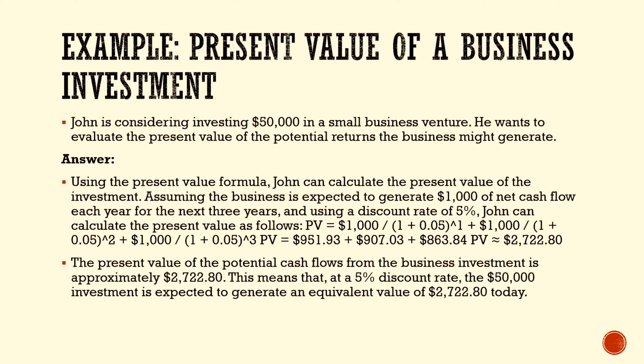For example, let's take John, who is considering investing 50,000 in a small business venture. This business venture is going to generate 1,000 per year for 3 years. The rate of return for the next 3 years is 5%. Using this information, one can calculate the total amount of each future value discounted back using the formula as provided in the answer below. The present value, therefore, would equal to